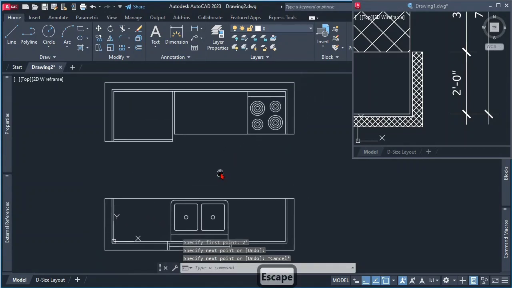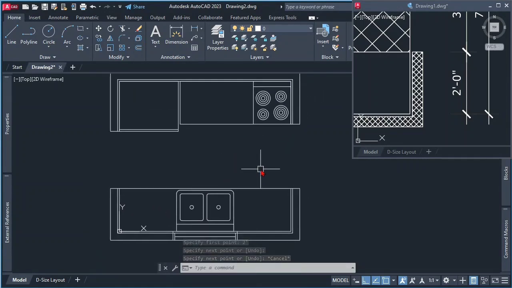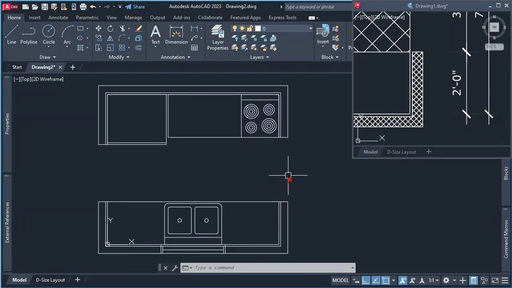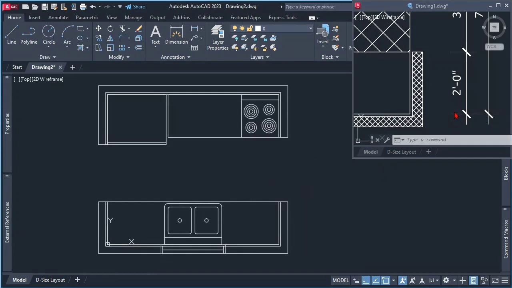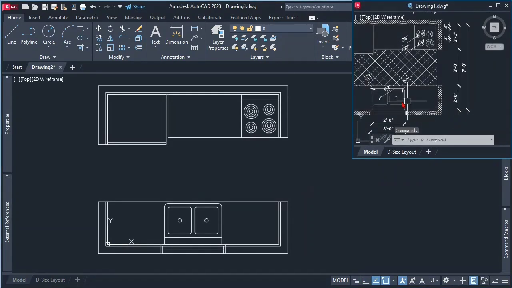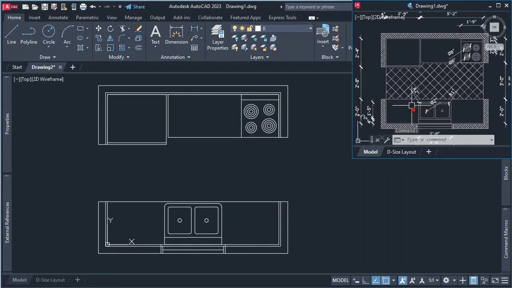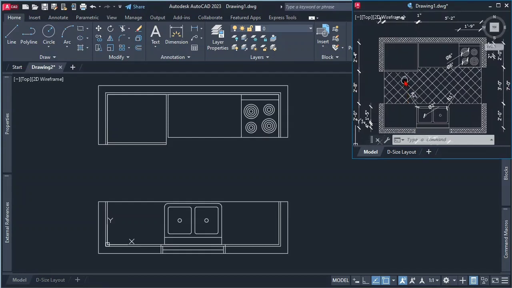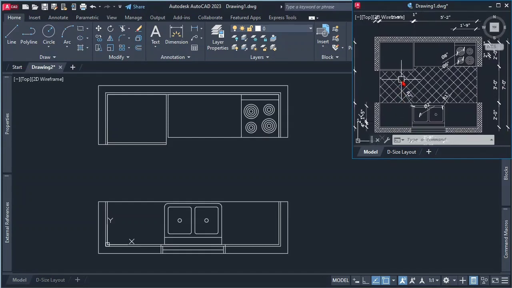All right. So that's our kitchen. I think we're almost there to wrap this up. So what we need now is... what do we need now? I think okay, we need